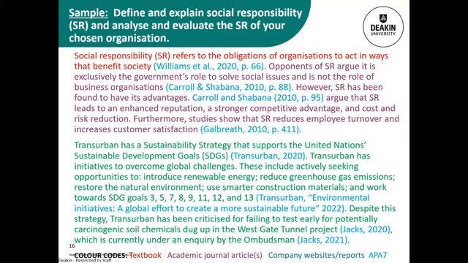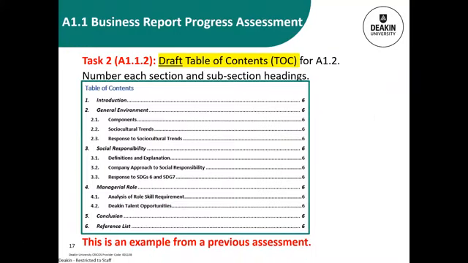So that's just a bit of a visual illustration, if you like, of those different requirements and putting them all together in task 1. In task 2, you are required to have a draft table of contents. So this is looking ahead to your assignment 1.2, and this is again another visual of how you might put that together, what it might look like.